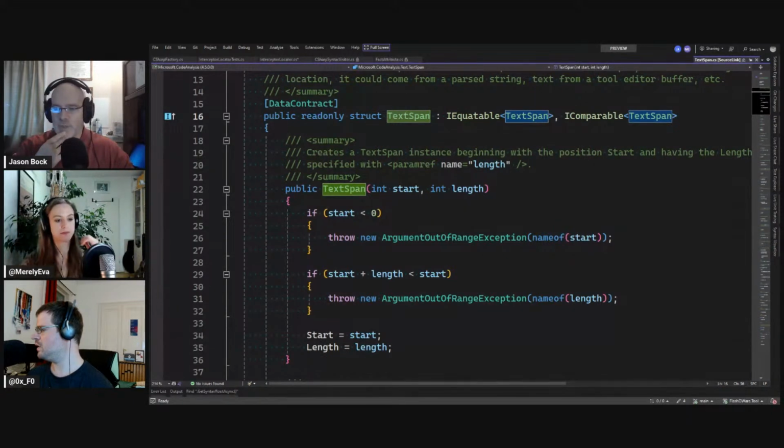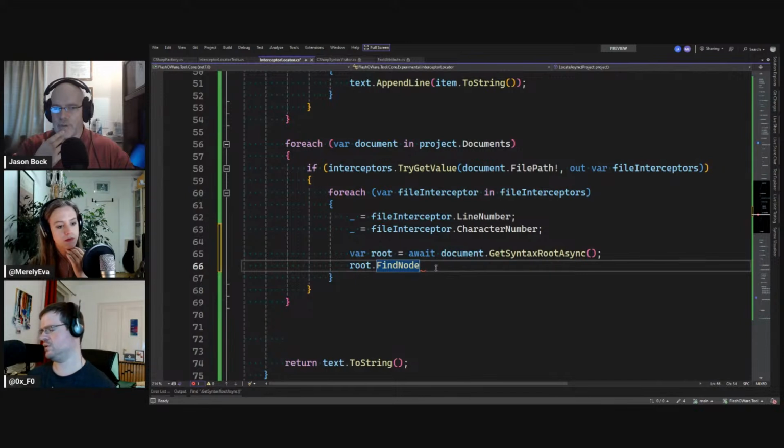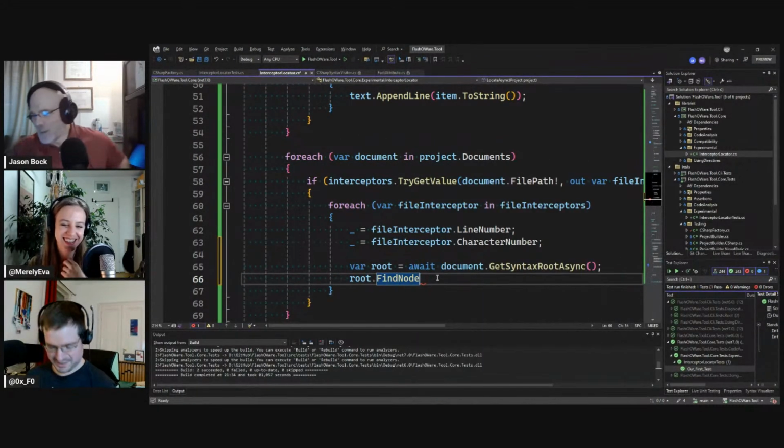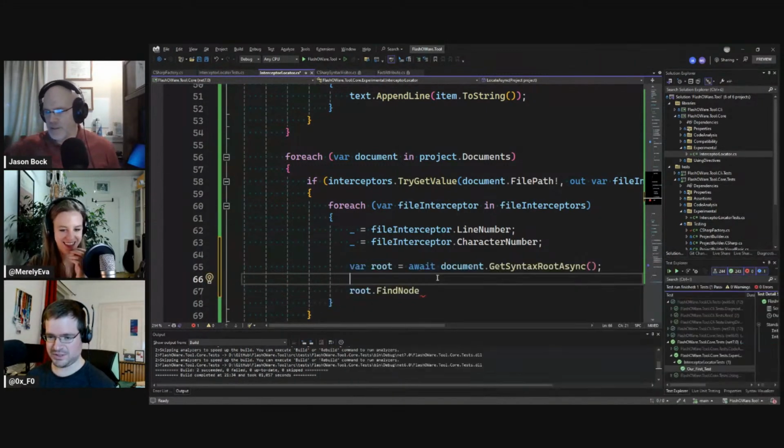But I think if you do have the line location and the character location, ask ChatGPT, how do I do this? Yeah, I totally forgot the shortcut.